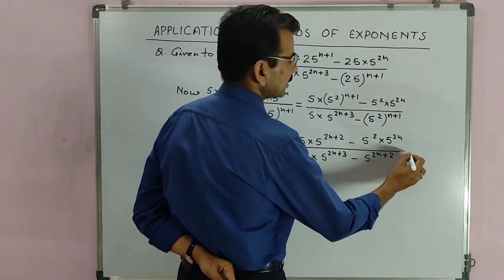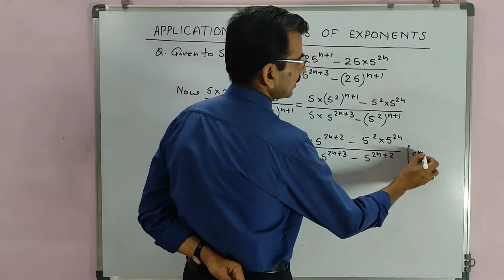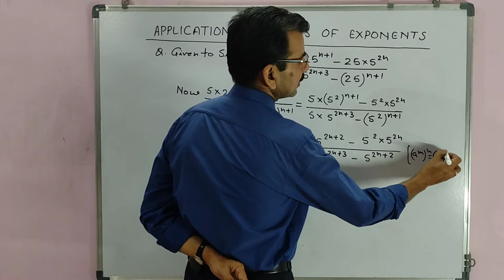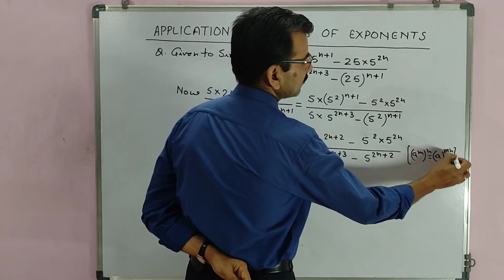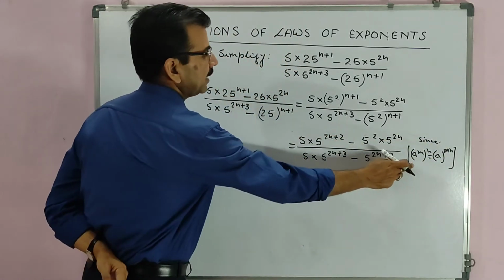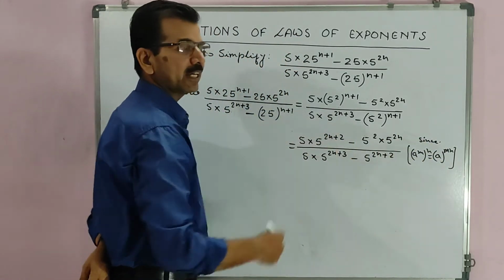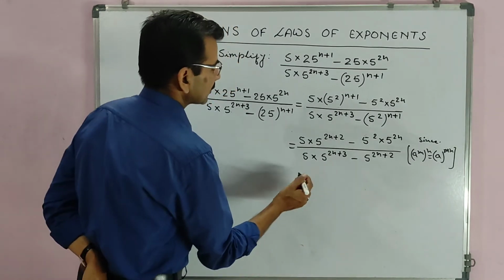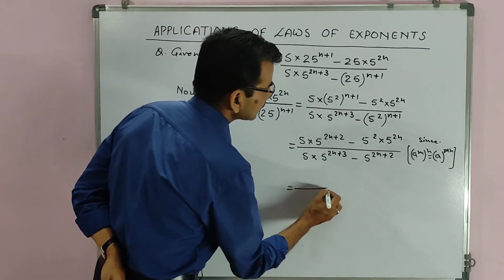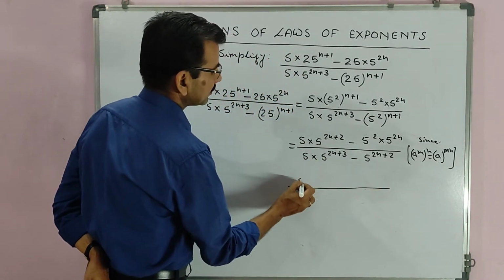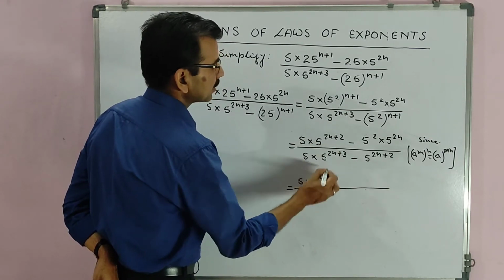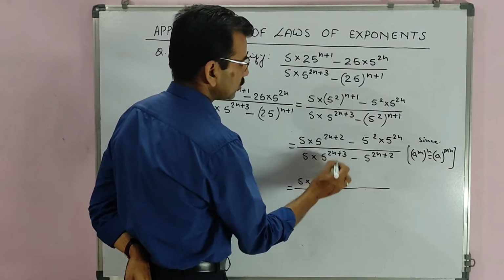And which law is used here? A raised to power m whole to the power n is equal to a raised to power m into n. In previous question we have seen this. By same law we have solved question. Okay, here also. So sidewise we can write which law we are applying. Now let us separate the powers. Here 5 into 5 raised to power 2n. Okay, clear? Into 5 raised to power 2.